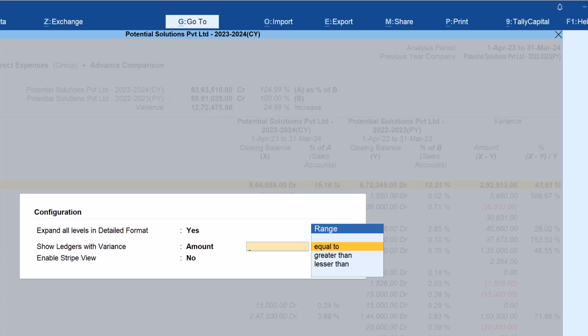When I select amount here, again it has this range: equal to, greater than, or lesser than. So let us, for example, say you want to filter the variance which is compared to previous year and current year variance. You are interested only to analyze those variances where the variance amount is more than 10,000 rupees, for example. So then we are going to select greater than and just type 10,000. Enter. Now if you want to view this report with stripe view, you can set it to yes and accept